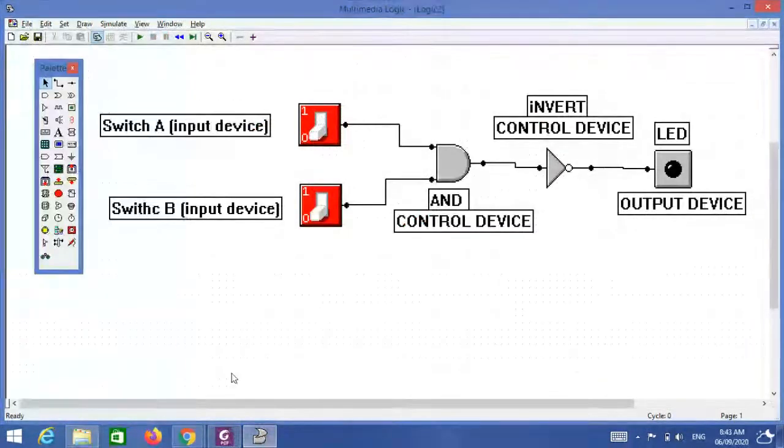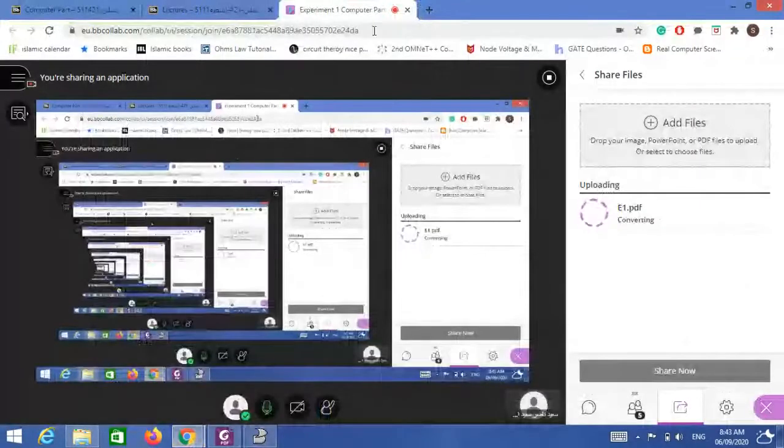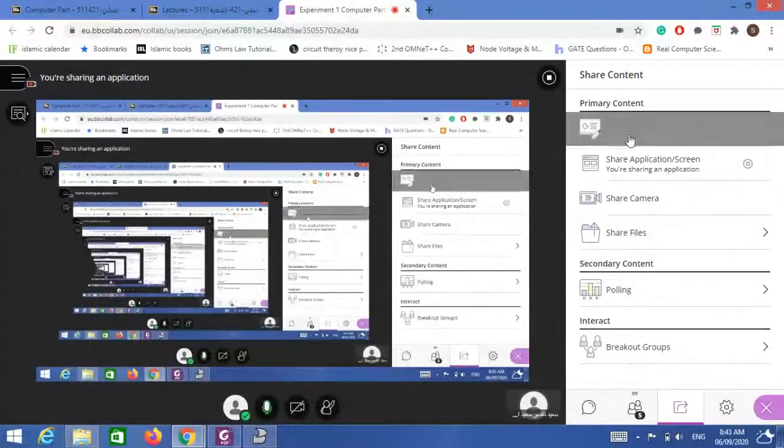Let me just stop this. Let's go to our Blackboard. Blackboard is coming bad these days. So here I will show you. You have a table. Let me write down here. This is for step number 18. You have an A, you have B, and you have F as an output.